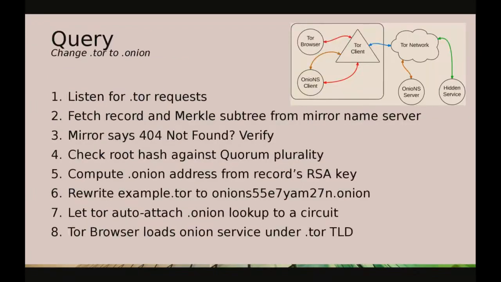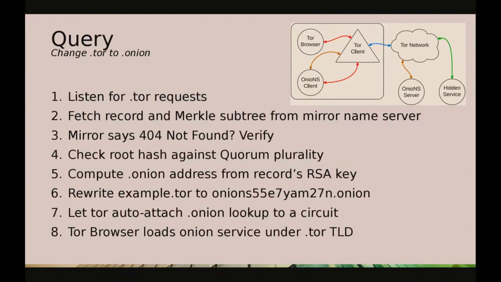To do a query, I've essentially inserted the binary into the Tor browser, modified the Tor browser files so that my software listens for .tor requests. It talks to the Tor control port and listens for these .tor top-level domain. And once it has this, then it queries the mirror for a record and a subtree. And if the mirror says 404 not found, like I don't have this name, the name does not exist, then it can verify that. This is possible because of the Merkle tree, and I can achieve